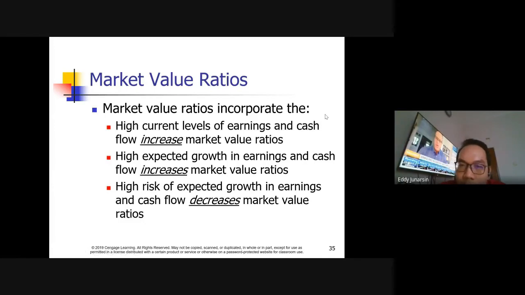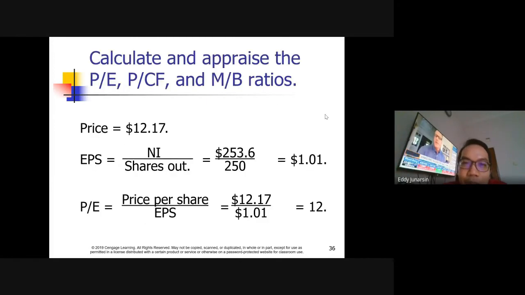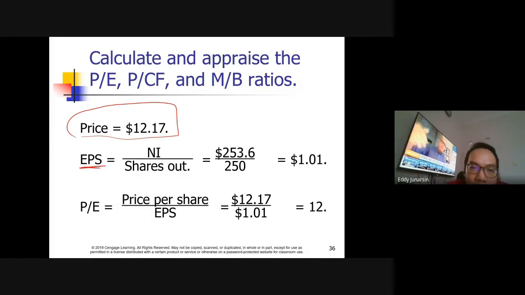So again, these ratios are highly related to the stock valuation, and not really related to the accounting books of a firm. But let's see some of them, the famous ones. Let's say the stock price is 12.17, and see here EPS. It stands for earnings per share, right? So what is earnings? Net earnings or net income divided by the number of shares outstanding. So in this case, what is our EPS? Again, the net income divided by the number of shares outstanding. So 101,